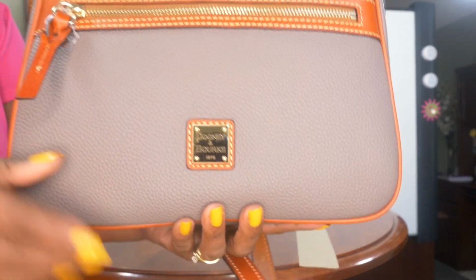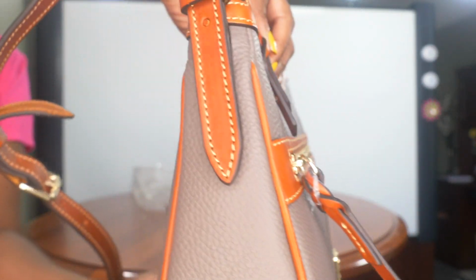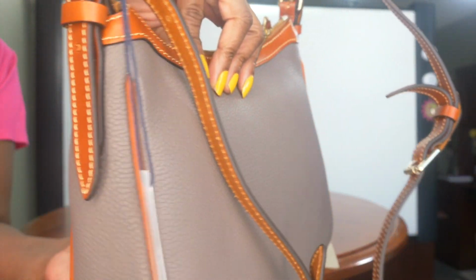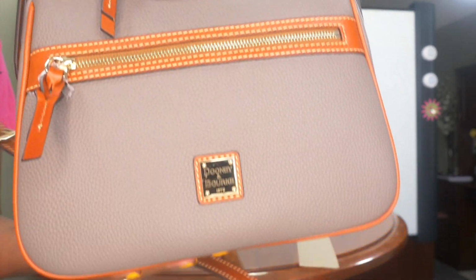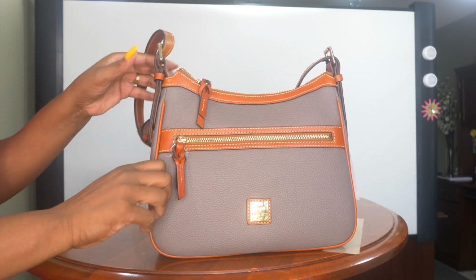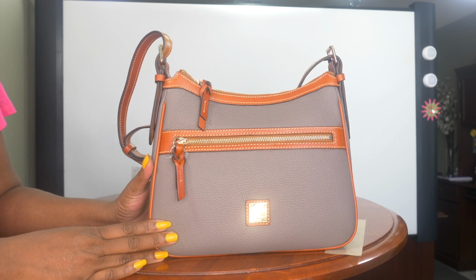So just the overview of the Presley. I picked her up because she just reminds me of that everyday bag, something that you can carry all the time to work, errands, whatever. And because she's pebbled leather, she'll really hold up and you don't have to baby her. I can tell you right now that the Pebble Grain